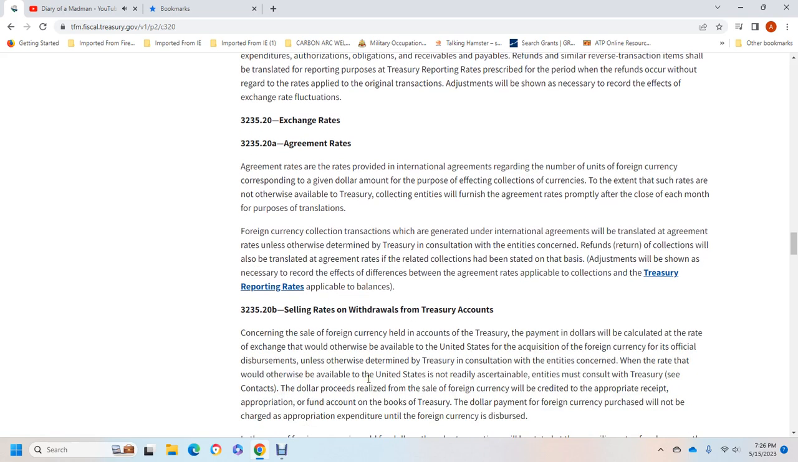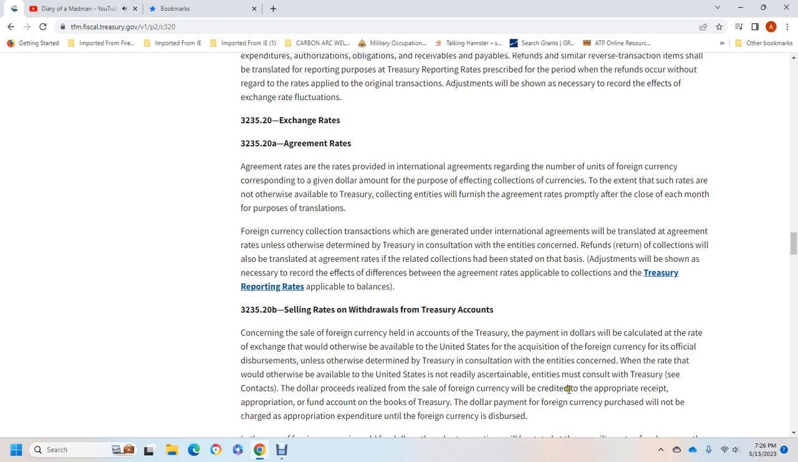3235.20b Selling rates. For the withdrawal from Treasury accounts concerning the sale of foreign currency withheld in accounts of the Treasury for the payment, the rate will be calculated with the rate of exchange otherwise available to the United States for the acquisition of foreign currency for official disbursement, or otherwise determined. The transaction cancellation will be concerned with the rate that would otherwise be available to the United States at the time, readily ascertainable. If these rates must be consulted with the Treasury,